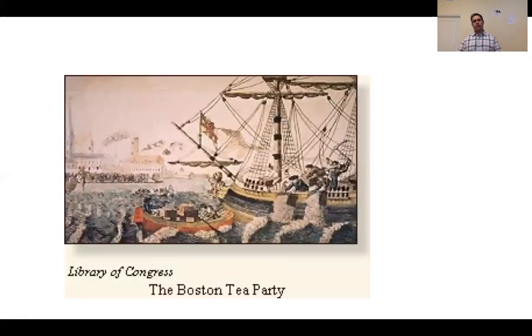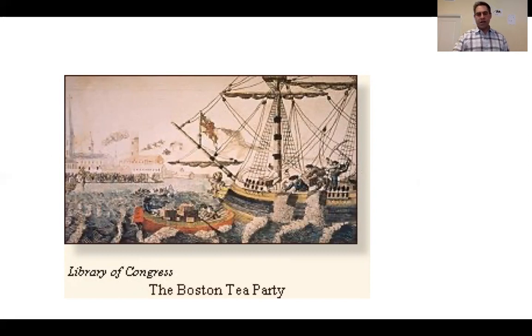This was viewed, though, famously, as I'm sure many of you know, and outrageously, as no taxation without representation. It galvanized the American colonists, who were outraged at being forced to pay what they viewed as coercive taxes, taxes they didn't want to pay, without any say in whether they were taxed or why they would be taxed or the amount they were taxed.